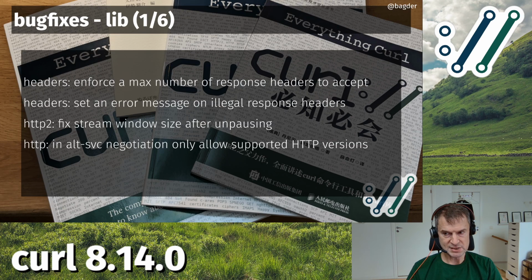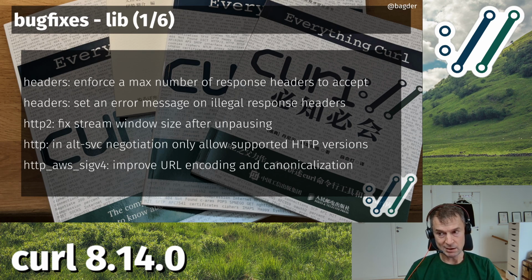We made some mistakes about which HTTP versions to allow through the alt service negotiation. So now we should make sure to only allow the HTTP versions that we actually are built to support, and none of the others. And we had a really big overhaul and refactor and polish of the AWS SIG v4 support.